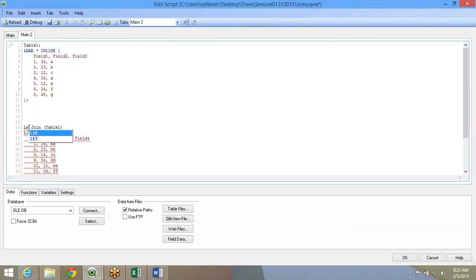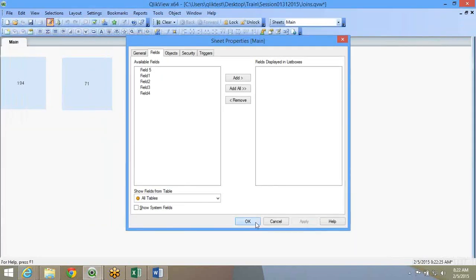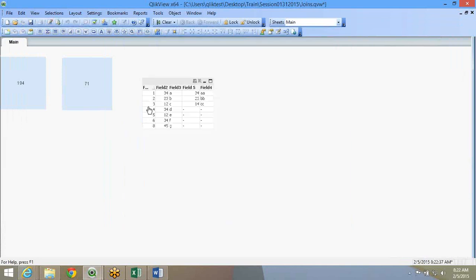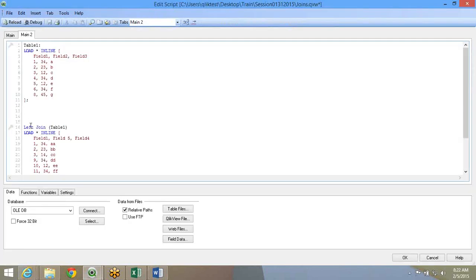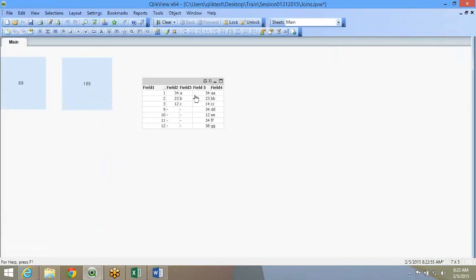You want left join, just change the syntax, left join, save it, reload it. Left join is going to give you the records that are matching from the left table. Right join, the syntax is the same, just right join table 1, save it, reload. It's done a right join.